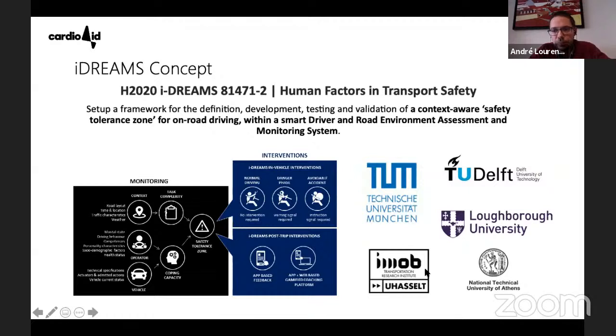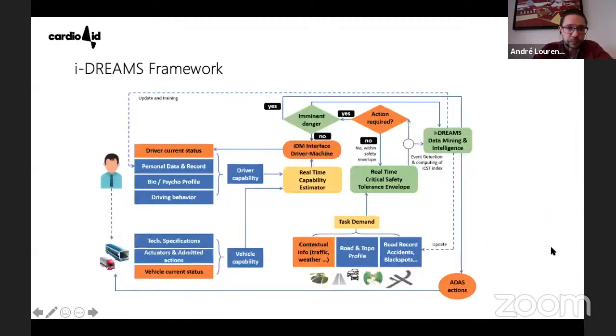This is being done with the University of Hasselt, with TUM, so Technical University of Munich, Delft, Loughborough, Athens, and then with some other companies. And so this is the framework that we are implementing. So we are combining a multimodal environment, and I think this is the more important part. So not looking only to the physiological part, not looking only to the vehicle, neither to the context. We are combining everything, and with that we are trying to have a better image of what is really happening